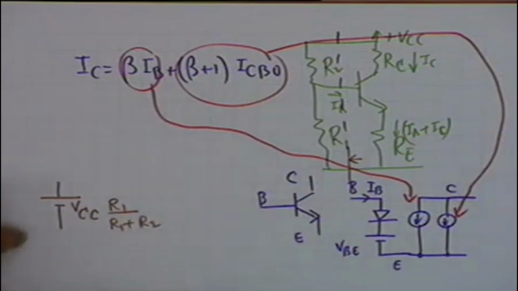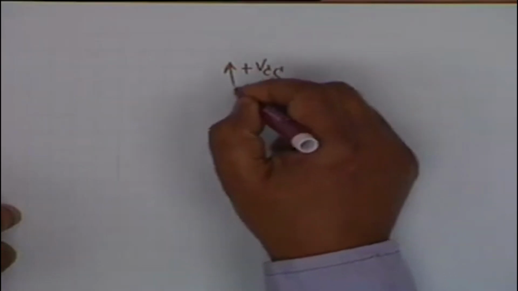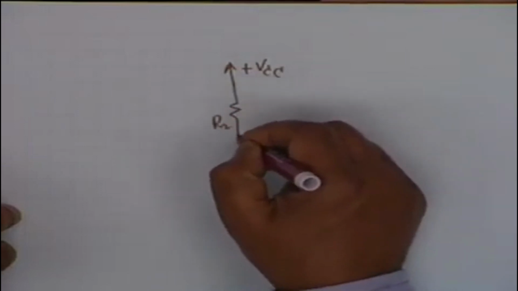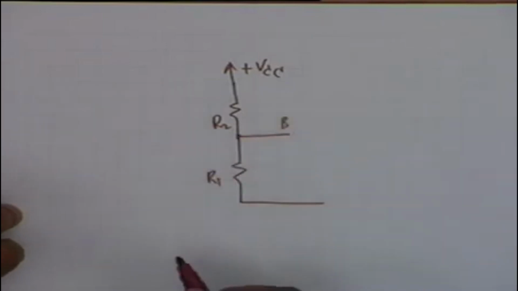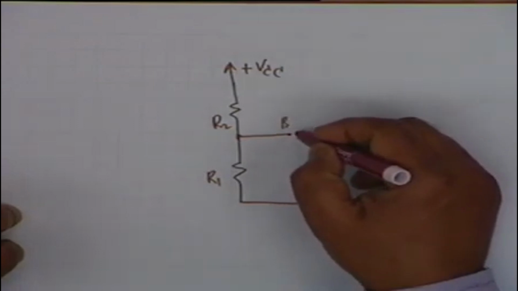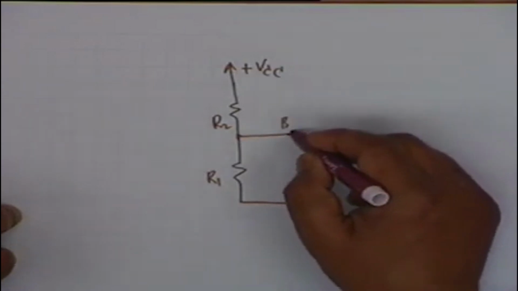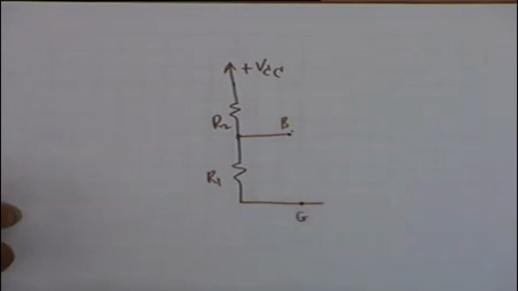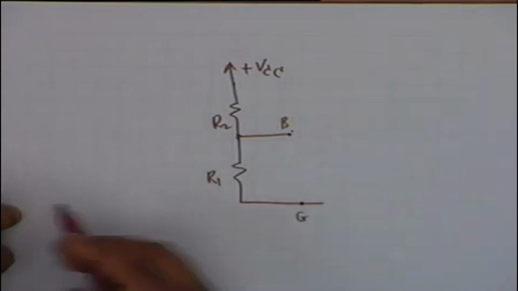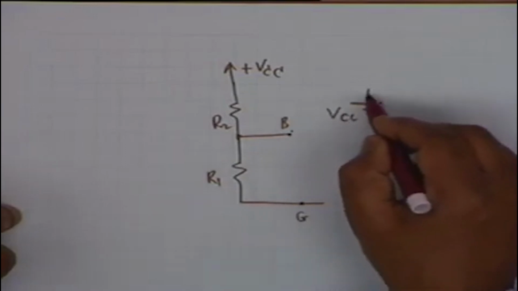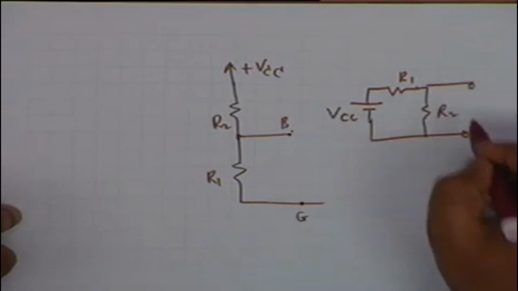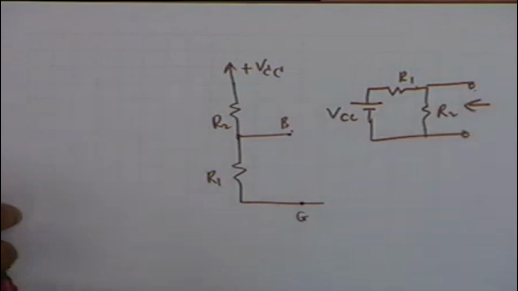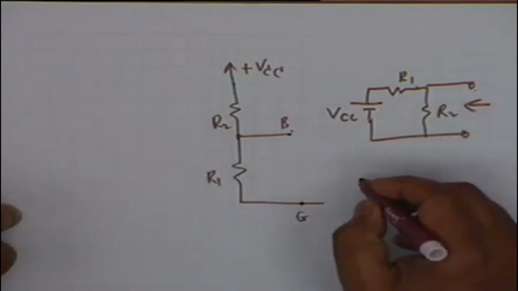Is that clear? No. Well, let me draw it again. You have a VCC, then an R2 and an R1, and this goes to the base. We are looking to the left of these two lines, from base to whatever the point is, let us call it G. So, what we have is a battery VCC, then we have an R1 and an R2, and it is these 2 points that we are looking into for Thevenin equivalence,